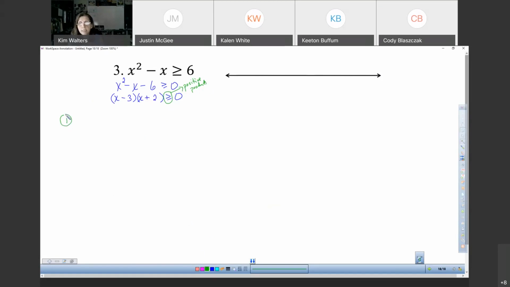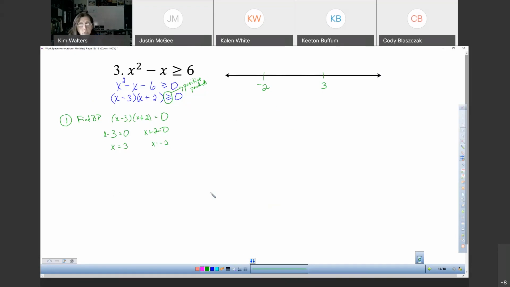So the first thing I do at this point is I find those boundary points. And I find my boundary points by taking x minus 3 times x plus 2 and setting it equal to 0. I'm going to take each factor and set each factor equal to 0, and I'm going to find my boundary points of 3 and -2. That -2 is going to go first on my number line. 3 is going to go second. This one is back like the first one of these we did, where I'm just going to have 3 possible